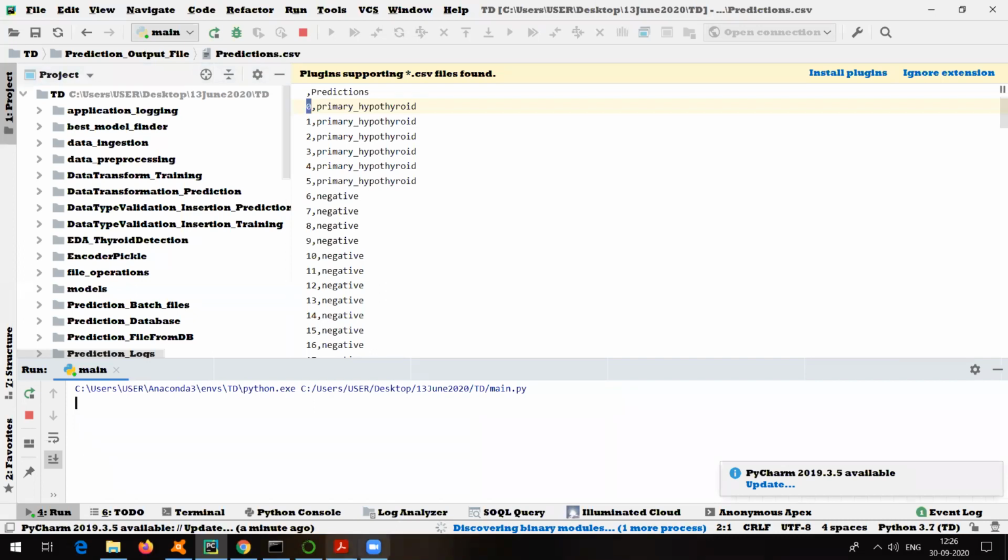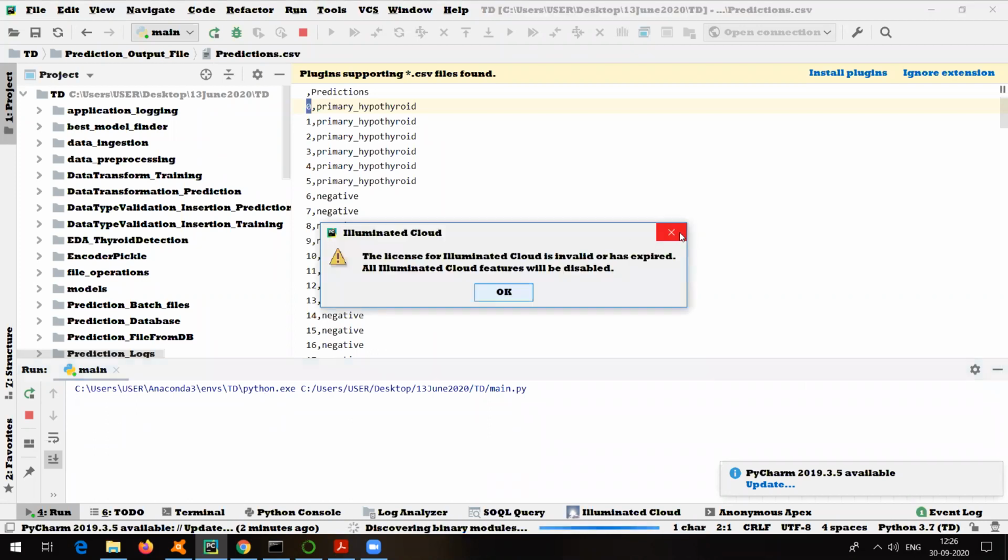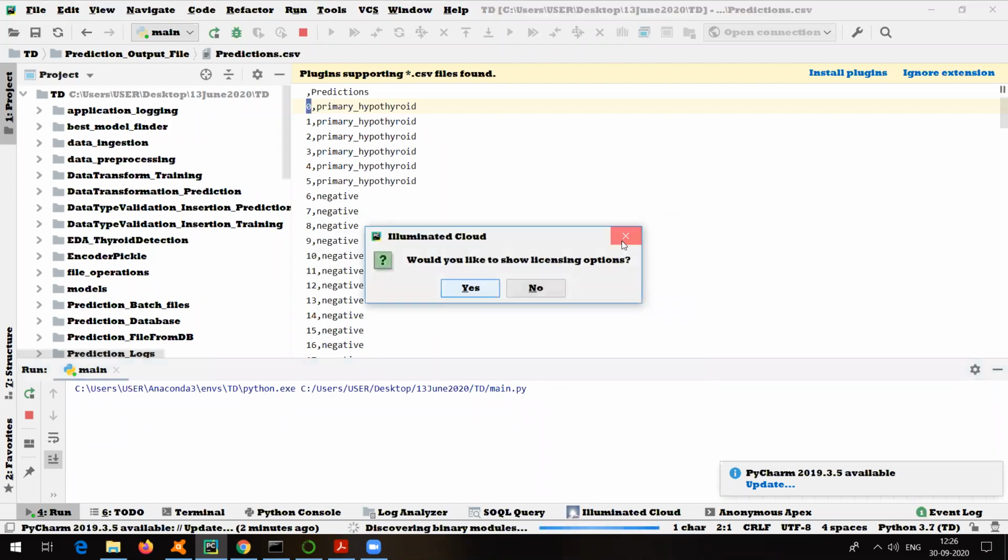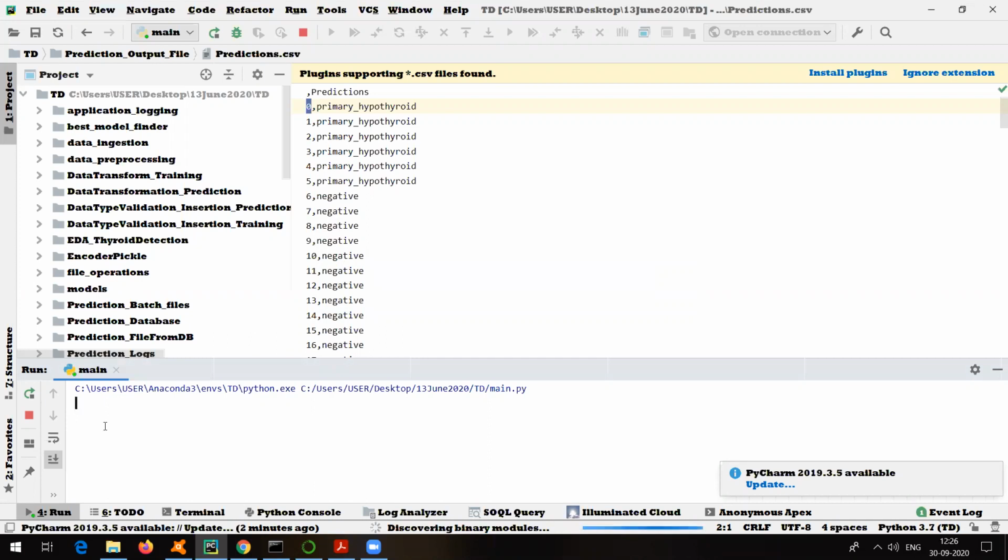Till then, if anyone has any question about the previous project, or in general any doubt, you can post the question in the chat box. Because I think we are already running out of time. Once it is running and I show you the output, then I think we'll have to stop. Okay, close this, close this. Yes, please, anyone having any doubt, you can ask.